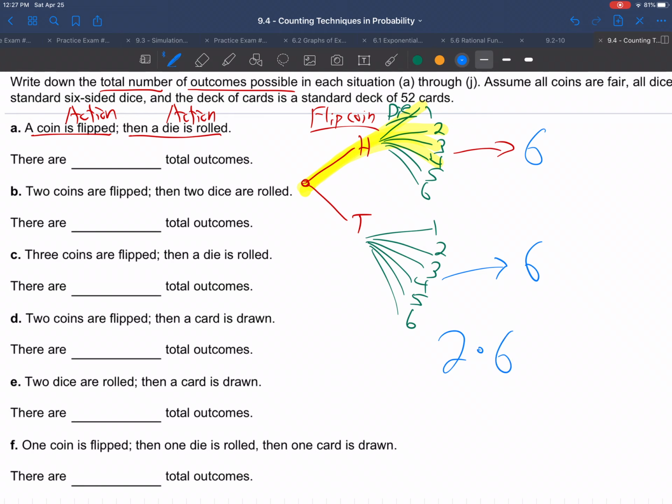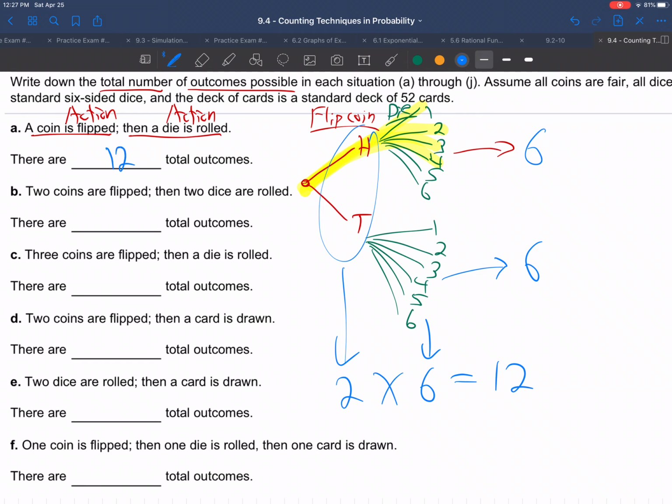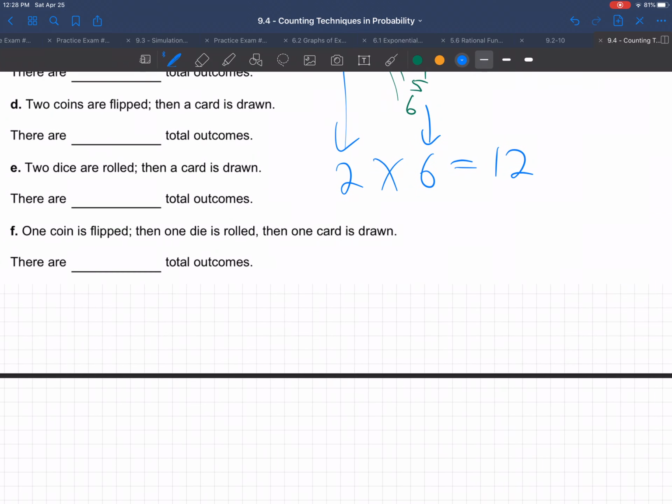So the quick way to do this in the future, so we don't have to make the whole tree, is just to say, when you flip a coin, there's 2 things that can happen, times when you roll a die, there are 6 things that can happen, 12 total outcomes can happen. So that is called the multiplication principle. It basically goes like this. When you have